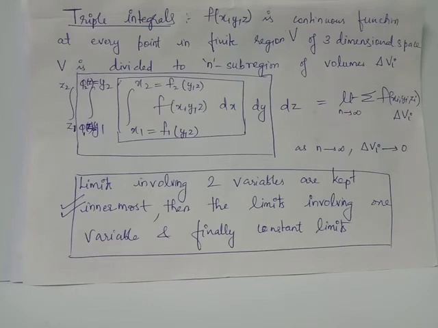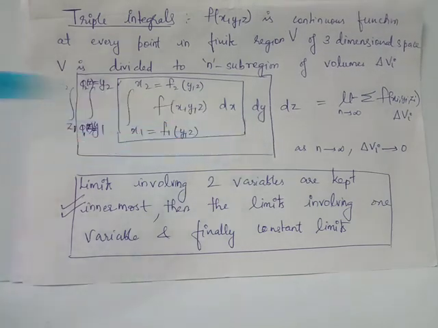The resultant of this integration will be a function in terms of y and z. Next we perform integration with respect to the variable whose upper and lower limits involve a single variable. Suppose y1 and y2 are the limits of y which are functions of z, then we perform integration with respect to y next, following the integration with respect to x which was the innermost integration. After integration with respect to y, we will get a resultant answer in terms of z. Notice that when you perform integration with respect to y, we will be treating z as a constant.